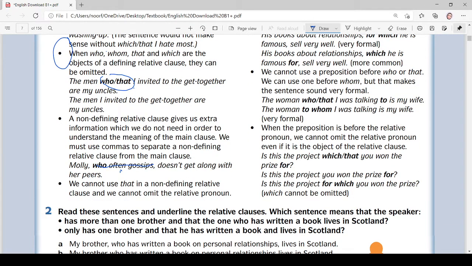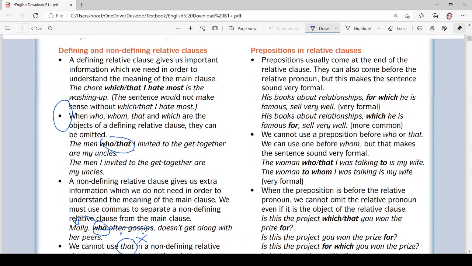Non-defining ni, kita kena ada. Sorry. Non-defining ni, kita tak boleh gunakan that. Dia tak sesuai untuk guna that. Molly, that often gossip, tak boleh, sebab Molly ni adalah orang. Tapi basically, the main idea sebenarnya,